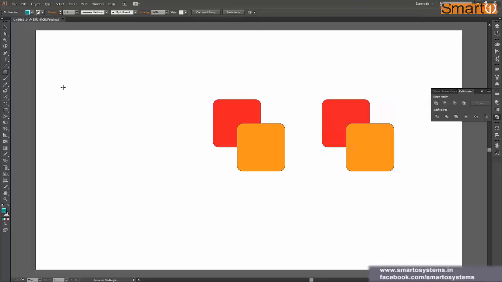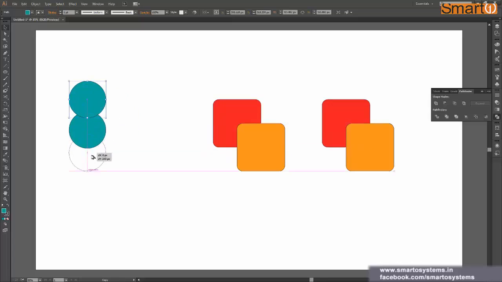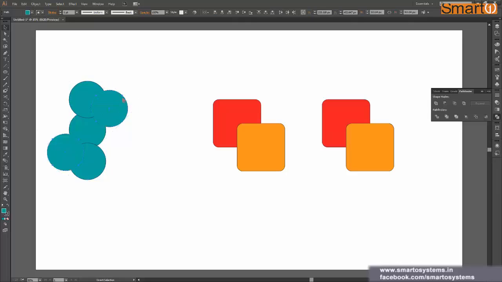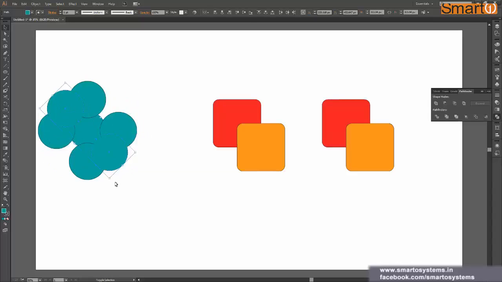Also, one more thing, if you have some kind of operation like this, it is just a simple example that I have created for you. You can find 1,000 examples like this by yourself also. So let's say you have a shape like this, and a couple more circles. I just copied and pasted the same.